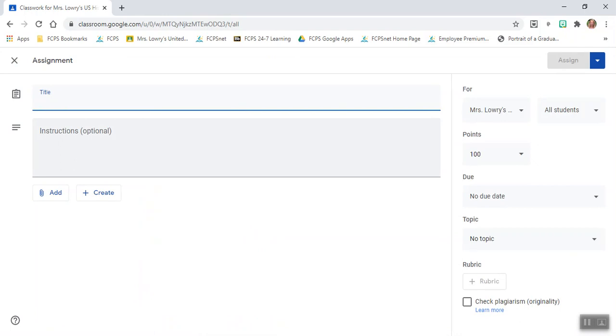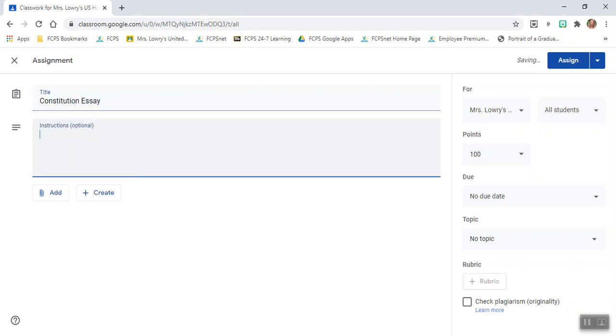So if I am assigning an essay, let's say, I would include in my instructions what students would be responsible for, and of course in my assignment document I would include much more thorough directions so that students would know how